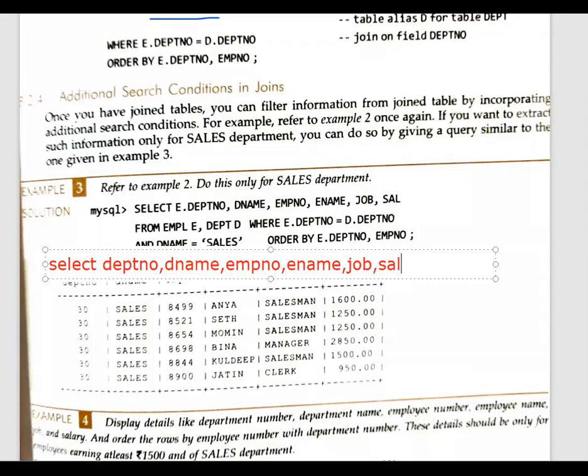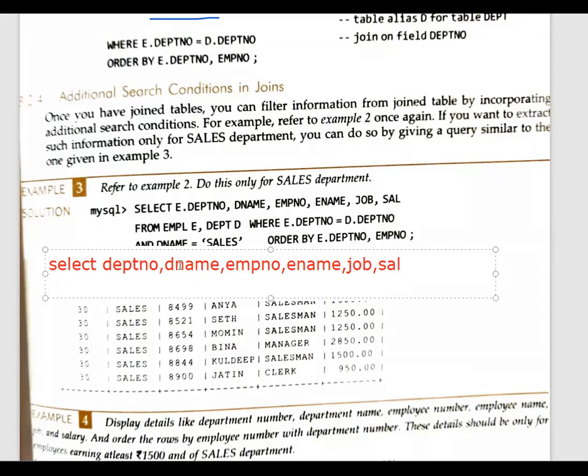Then once all the columns are written in the select, we have to give from. Now in from, we have to write both table names. For example, the first table is your EMPL and the second table is your DEPT. These two were my tables. Then, as they are asking for rows of the employee number with the department number, it means the corresponding information.